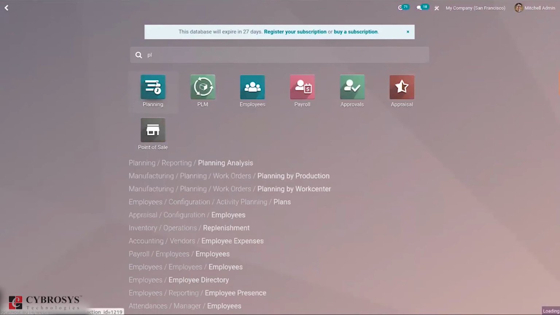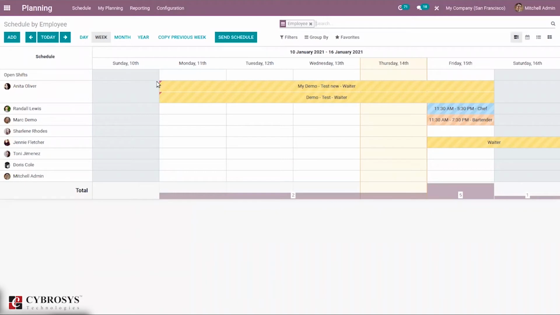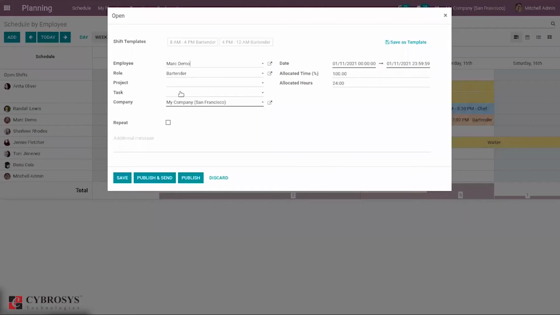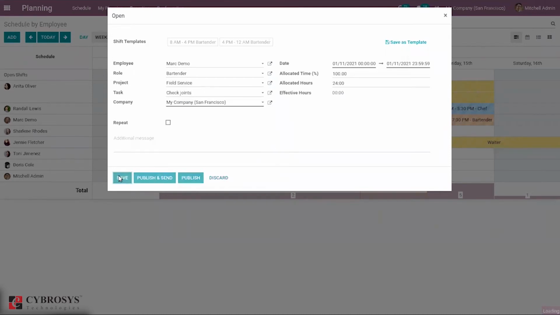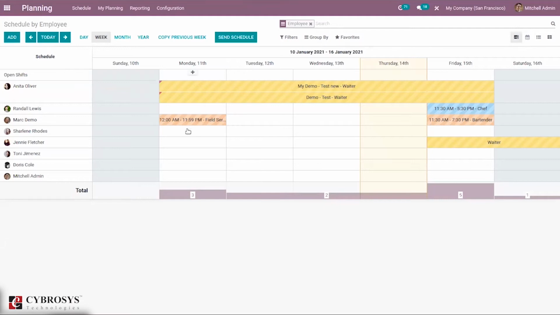So when you open planning, you can see schedule by employee. So here we can plan work, that is, we can add planning for each employee. When you click on a particular date, click on this plus, you can add a shift for this employee. We can assign a task from here and you can just save it. So you can save it and you can see that the task is assigned for the employee